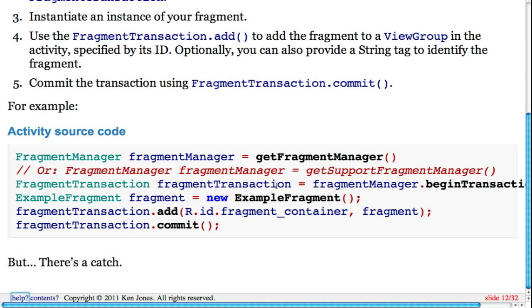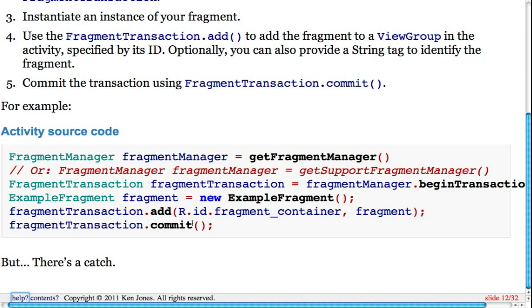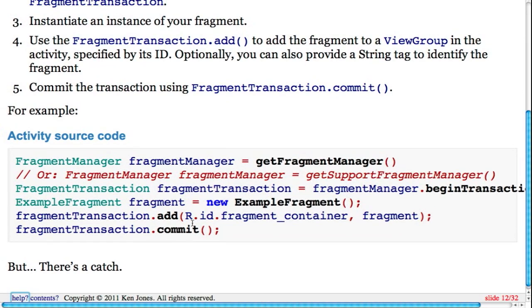There we're getting our fragment transaction, we got our fragment, we add it, we commit it. Sounds simple. If only it were that simple. There is a catch. And it has to do with turning the device sideways. Runtime configuration changes. You know, if you've done any type of Android programming, you know in a runtime configuration change,